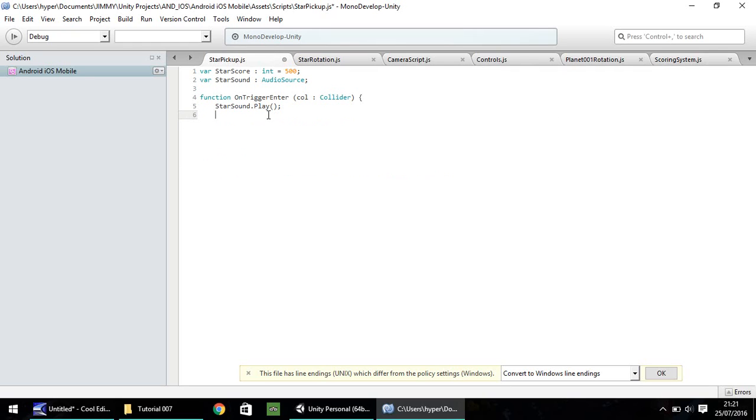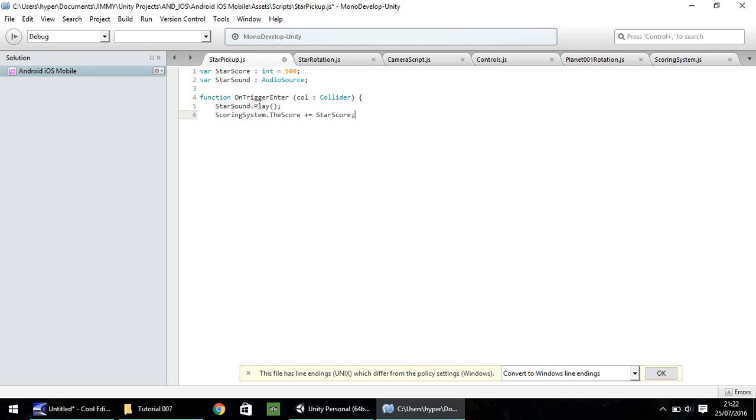So we can do that really easily by going scoring system dot the score plus equals, and then we type in star score,